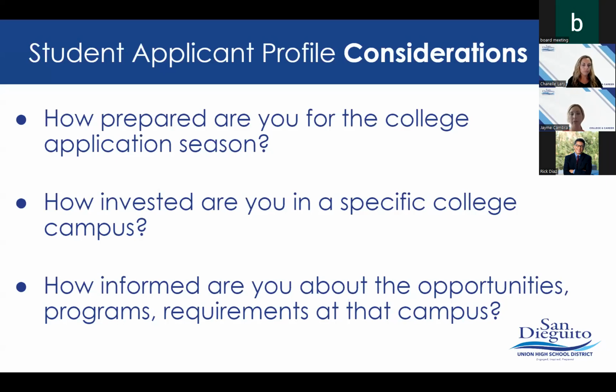And then how informed are you about the opportunities, the majors, the requirements, the options on that campus or those campuses you're considering? Do you have a list that your neighbor told you about, or that maybe your parents wrote for you, or maybe you did it all on your own based on the research, and you've taken personality assessments, and you've really talked to people, and you've done a thorough investigation of who you are as a human being and what you want for the next 4 years of your life. And maybe some of you haven't started any of that. So we welcome all of you to be here, but just have a moment to consider, where are you in this process as we launch into these options that we want to share with you.